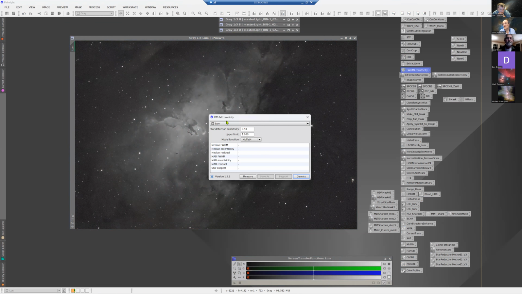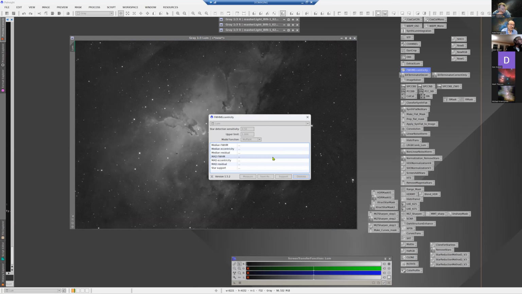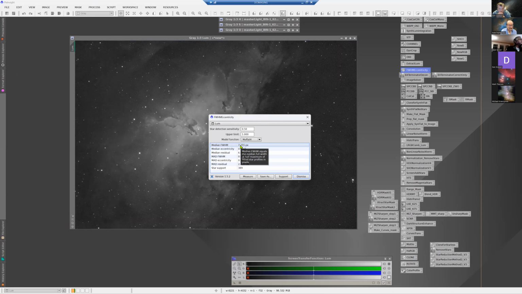this Hartmut Bornemann script. If you don't have this, it won't be in your standard PixInsight configuration. You just need to download that or configure it in your resources for PixInsight, and it will download this automatically along with other scripts which are very useful. Click on measure. Okay, and you see here it says 7.255, which is kind of bad, but